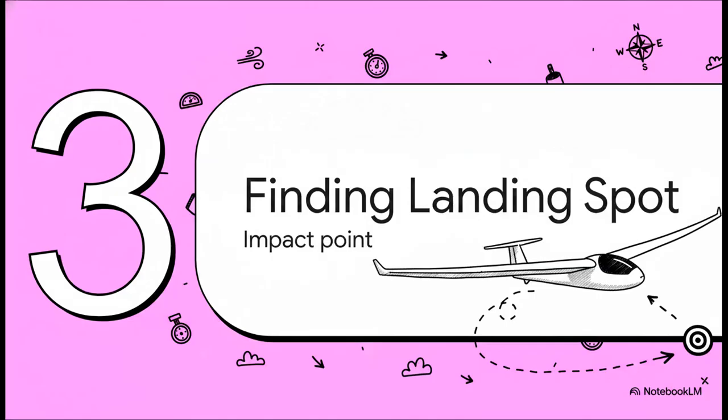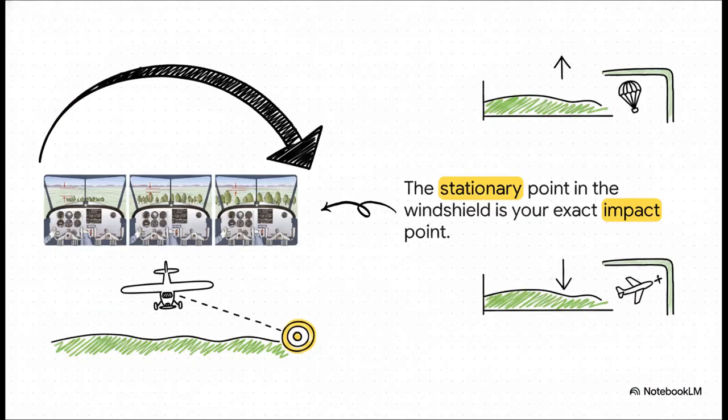Which leads us to Section 3, finding your landing spot. Okay, so one of the most vital visual skills you'll ever develop relies on finding a very specific cue. When you're locked into a steady glide, just look out the windshield at the landscape. Most of it will seem to be moving. The ground right below you is rushing past, disappearing under the nose, and the horizon, way off in the distance,